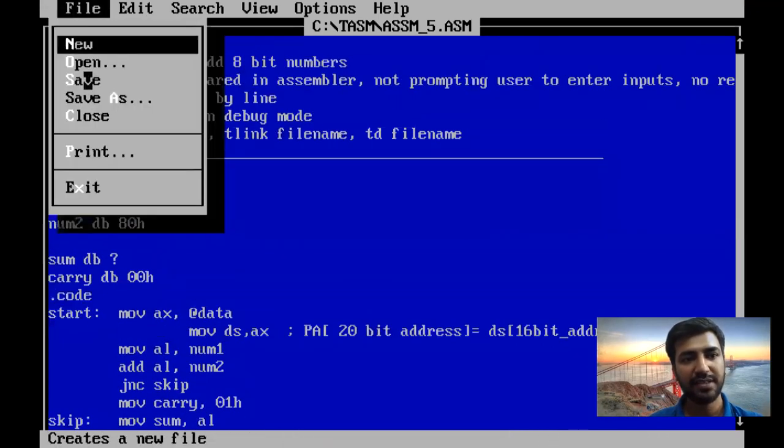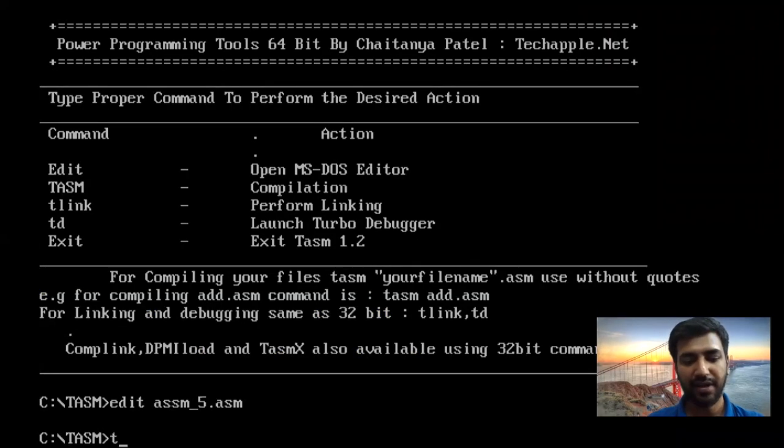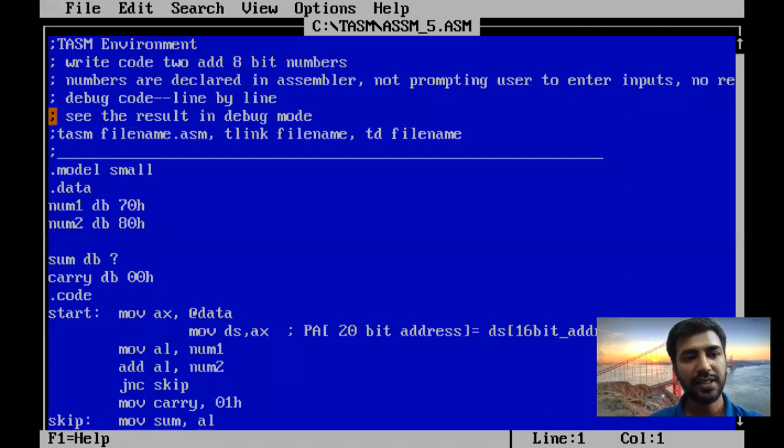I will save this. It's already saved. Then I will run the tasm command. Let me tell you what I'm doing: tasm filename is used to assemble the ASM file.